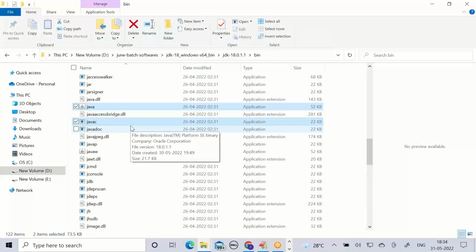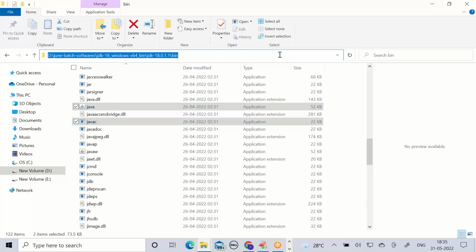So open Windows Explorer, go to the bin folder in Windows Explorer. Select the address bar after going to the bin folder.